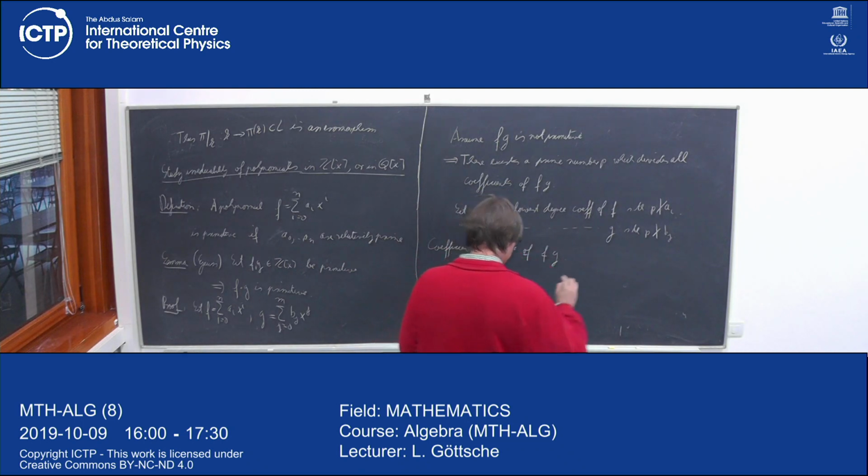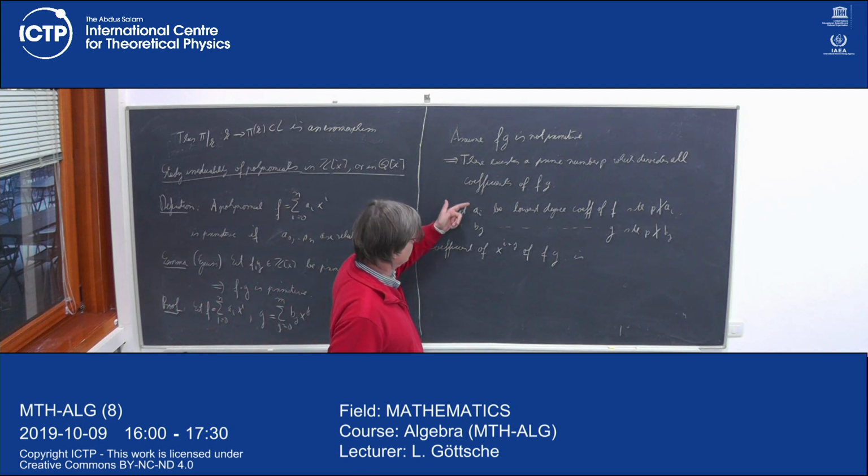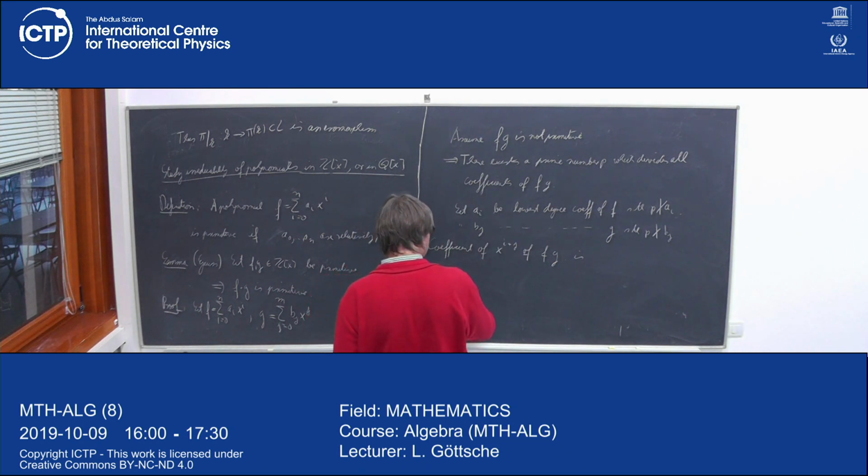We can compute it. By itself it is the sum over all l, m such that l plus m is equal to i plus j. So I write this coefficient as c_{i+j}, which is equal